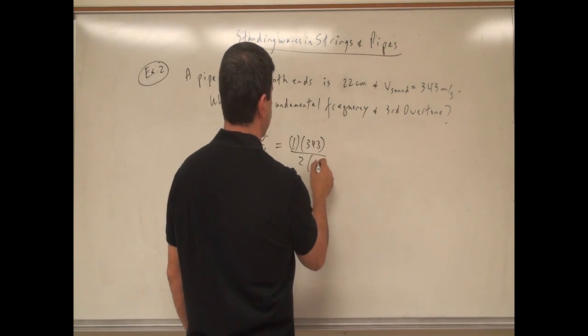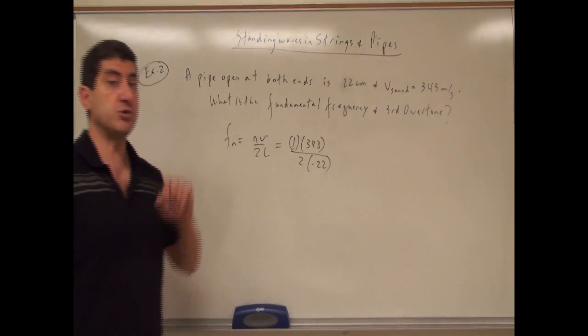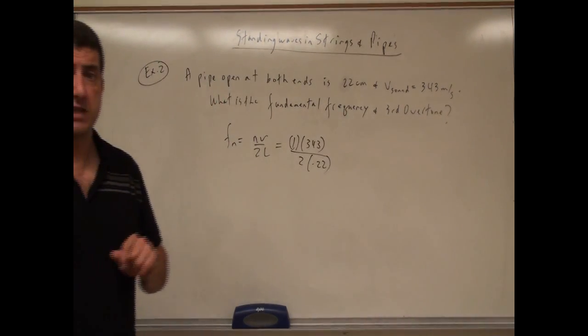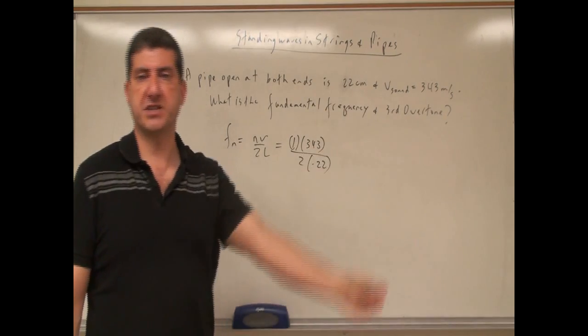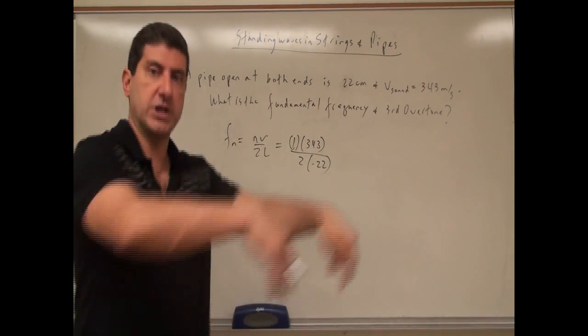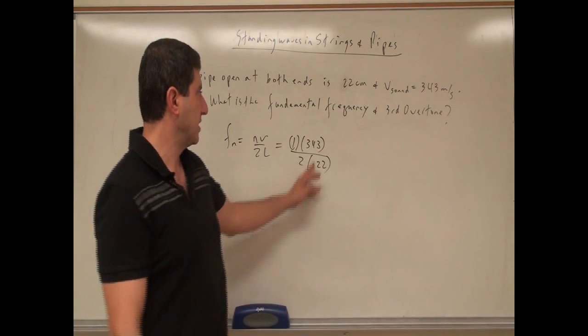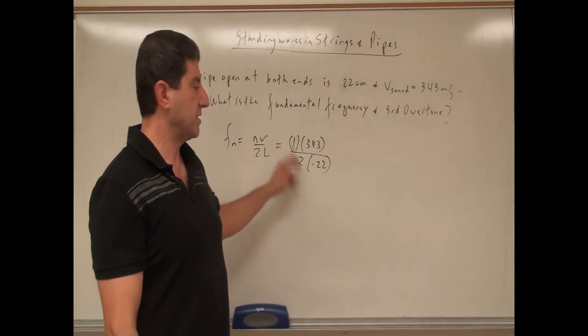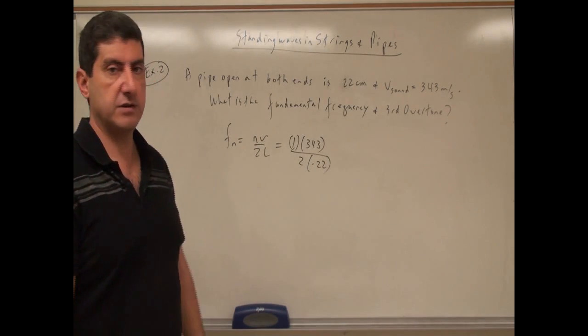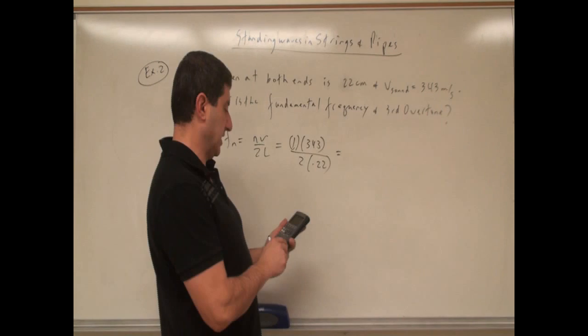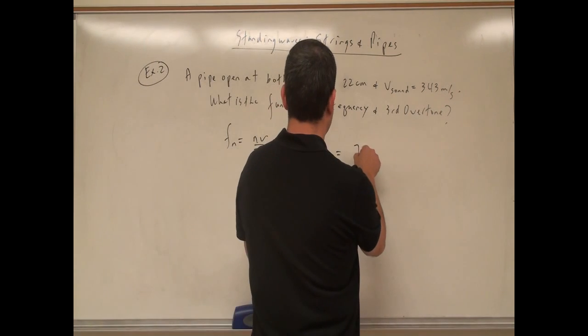of the string is equal to 0.22. If the temperature in the room had been given to us, then we would have used the equation for the velocity of the sound in the air. We would have calculated what the velocity of the sound was, then we would have put it into here, and then we would calculate what the frequency is, right? So the answer for this one is going to be